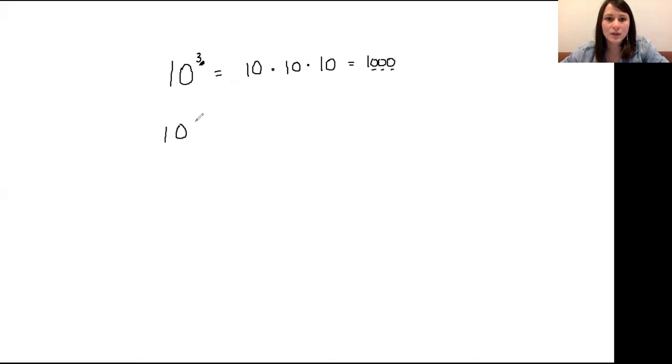So let's say 10 to the fifth power. That would be 10 times 10 times 10 times 10 times 10, 5 times, right? So that would have 1, 2, 3, 4, 5 zeros. And don't forget to put your comma. So that's 100,000. So you get the idea. Whatever the power of 10, that number is going to have that many zeros. So basically, scientific notation is just a way to rewrite a number that's either really big or